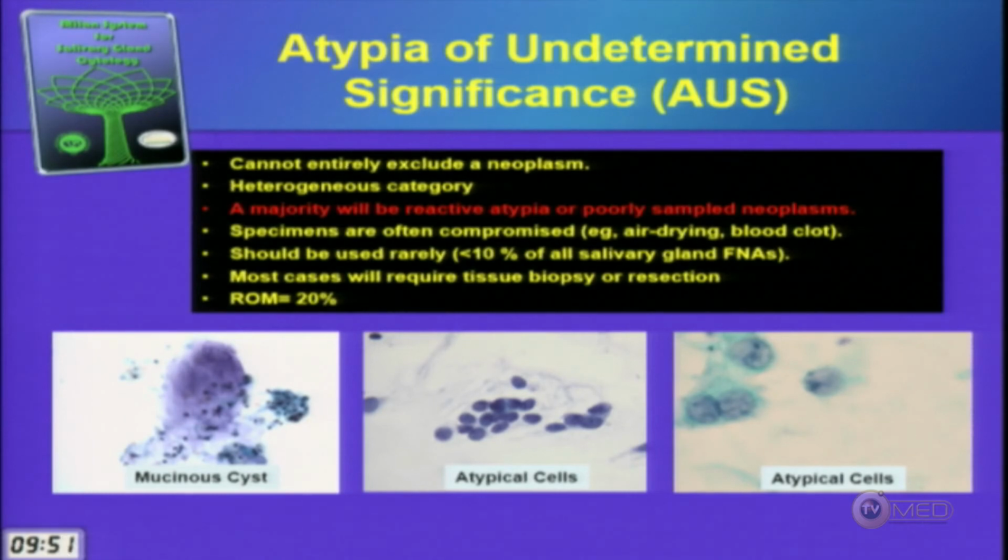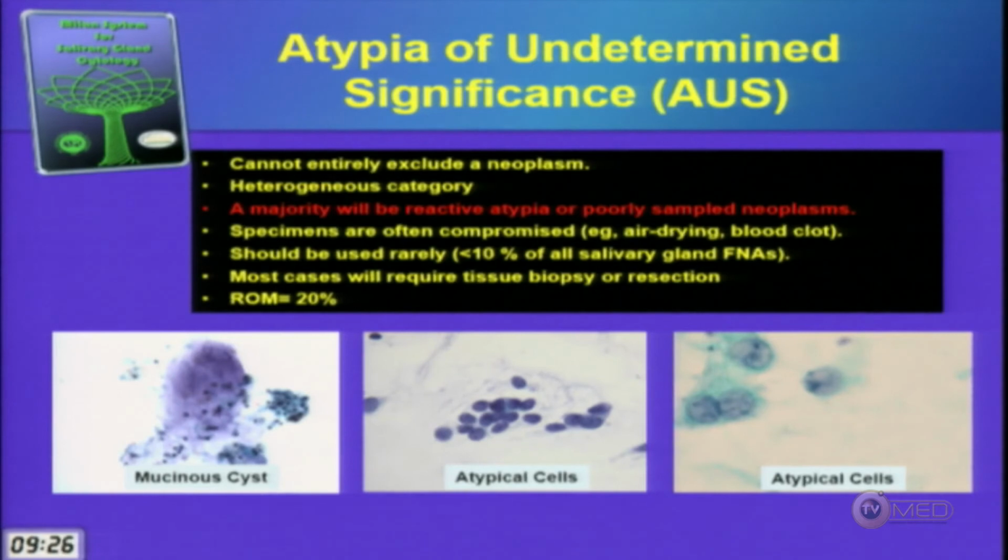non-neoplastic. I mentioned already that the mucinous cyst should be in this atypical category, and that's because any salivary gland FNA with a lot of background mucin, you need to be very careful because the mucoepidermoid carcinoma, low grade, can be very tricky. It's not our friend. And you can get just a lot of mucin and not many cells, so you need to be careful about